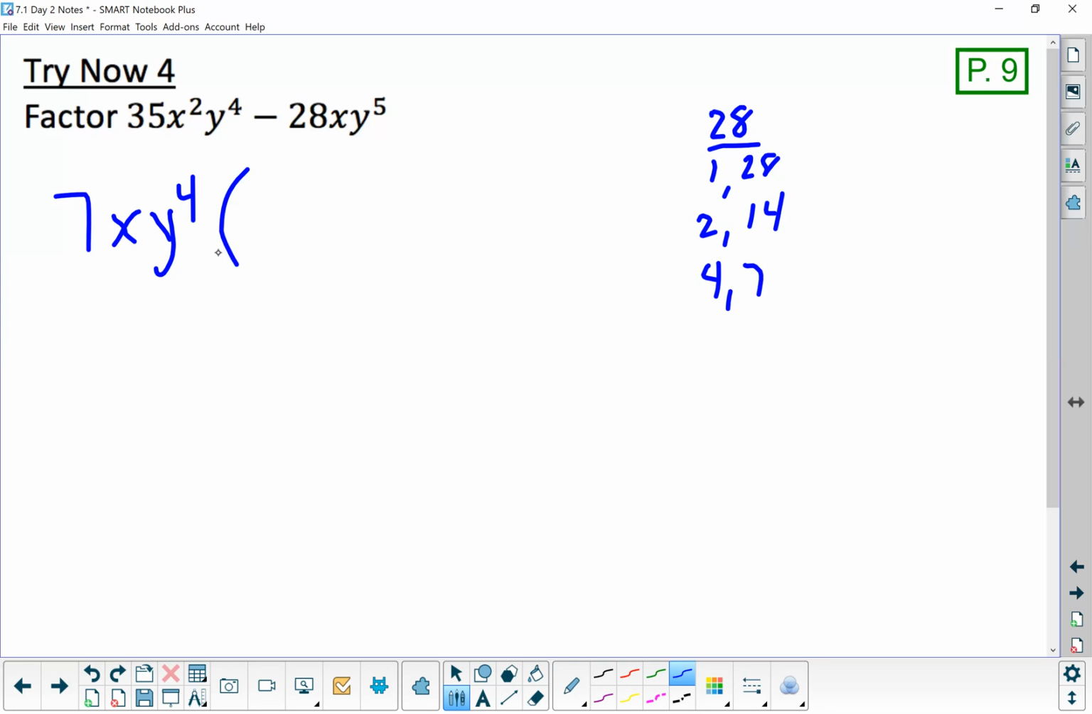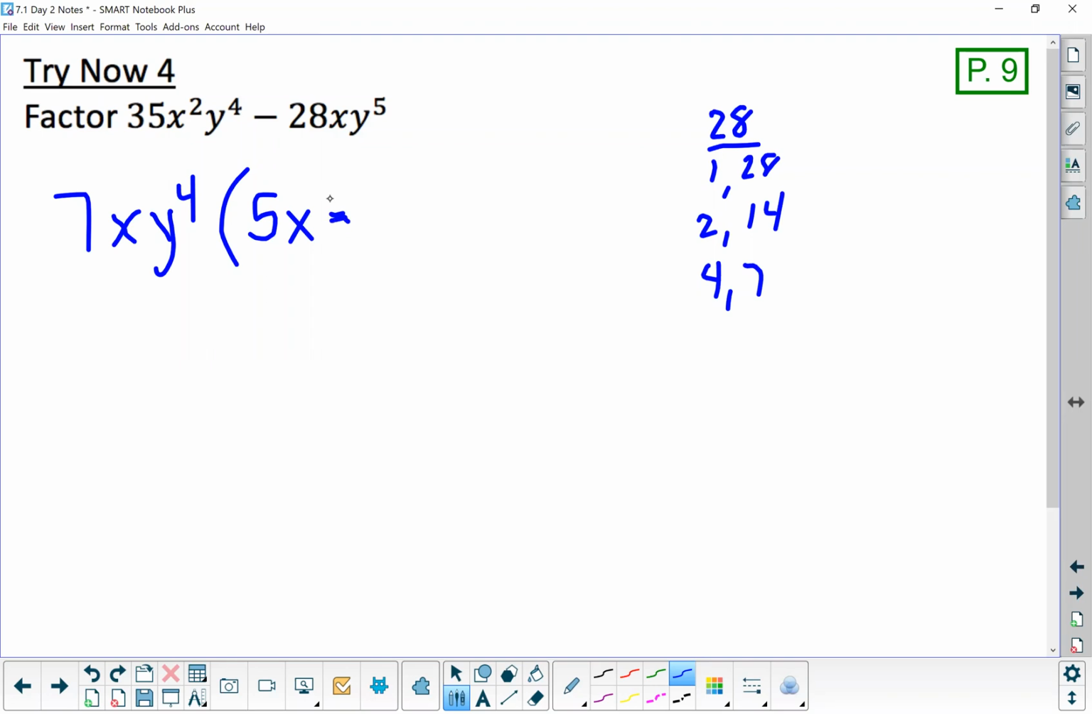35 divided by 7 is 5. I had x squared, but I factored out one of the x's, so I'm left with just x to the first. I had y to the fourth. I factored out y to the fourth, so I don't have any y in that first term. Minus